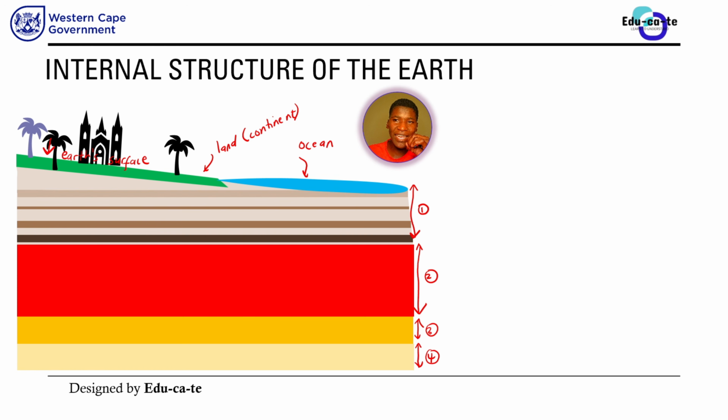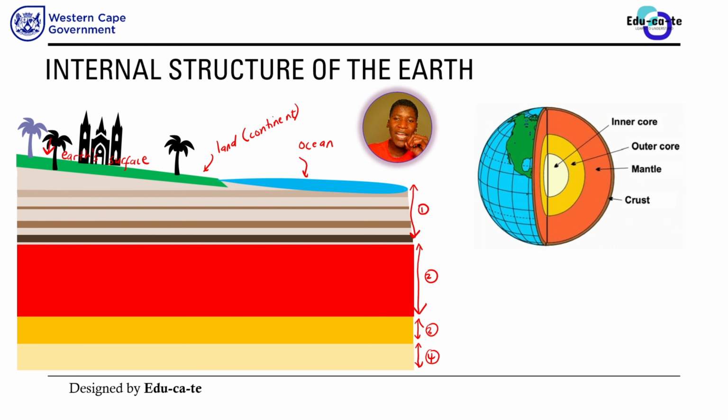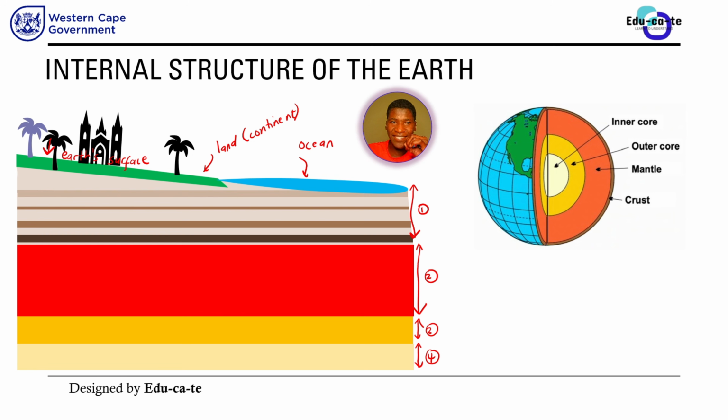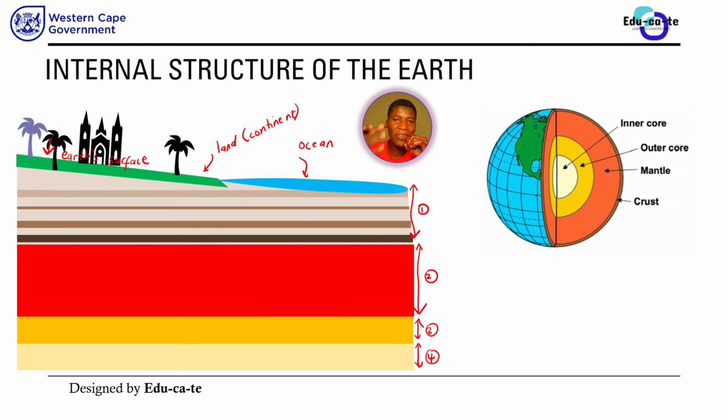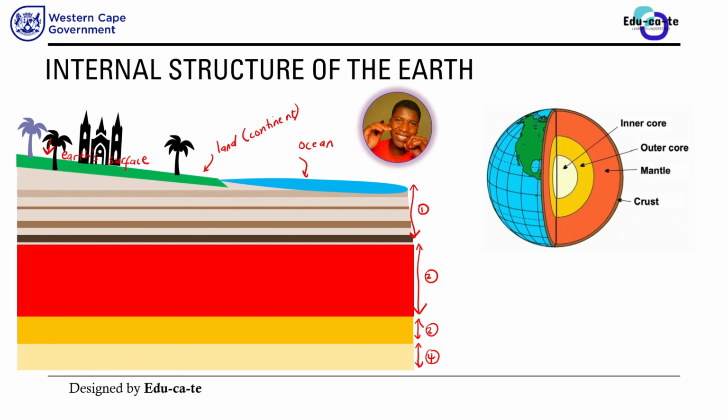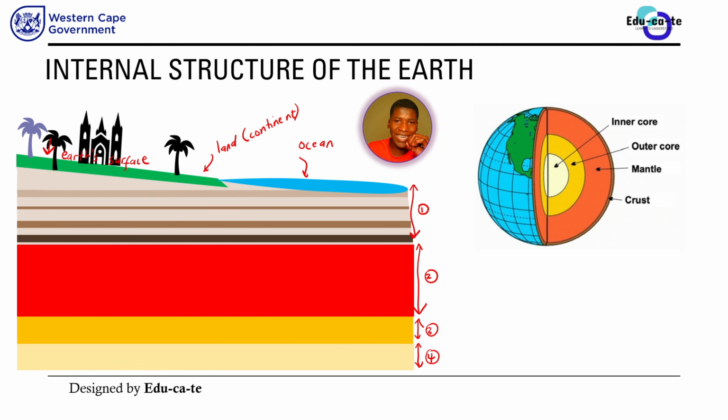So now let us look at this structure and what are these layers known as, because we've got 4 layers that are underneath. When you dig underground, you find 4 layers. Let us start with the first one. So this is the typical diagram that they are going to give you in your exam just to confuse you, but I've already given you an idea that when you're talking about the internal structure of the Earth, we are just looking at what do you find underground.